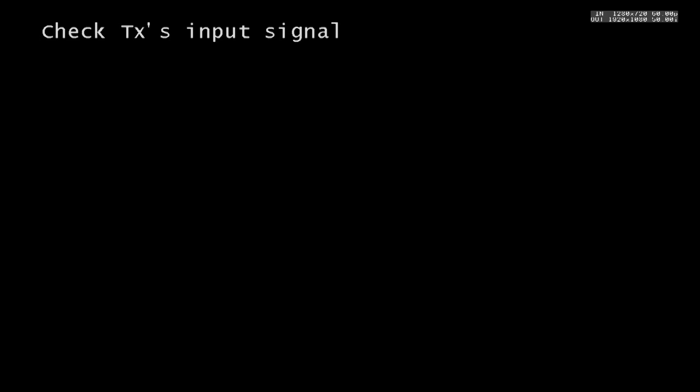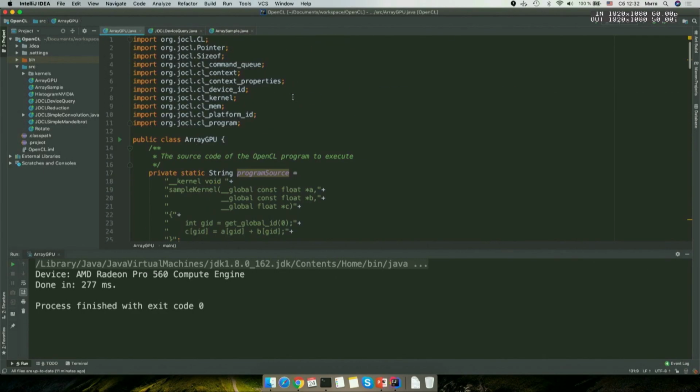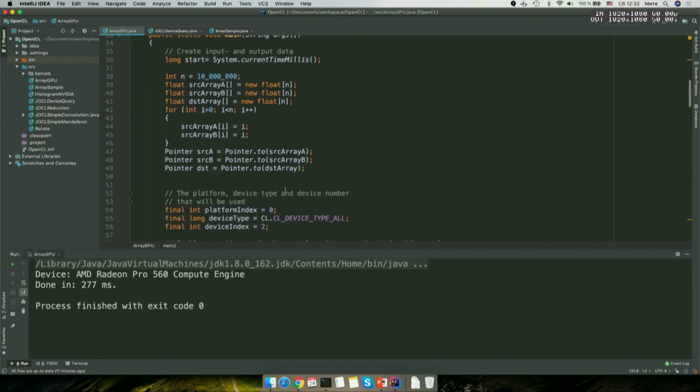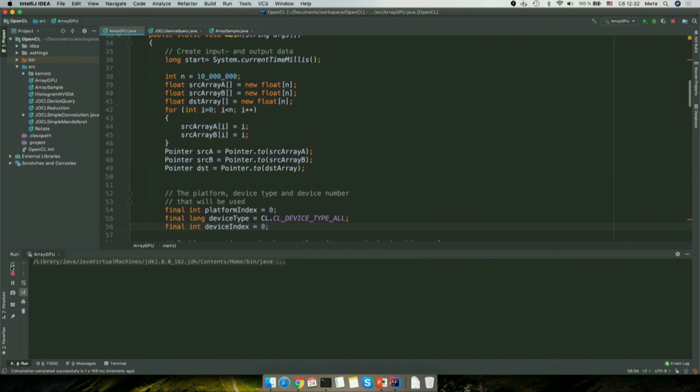So you will be surprised when you run the same program on the processor. By the way, look how fast I switch the computations from CPU to GPU. Okay, we're done. Now if we run the same program, it actually takes almost the same time.